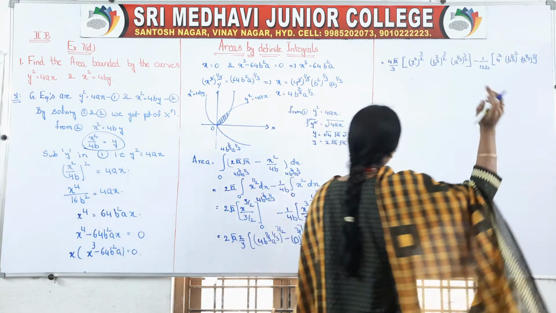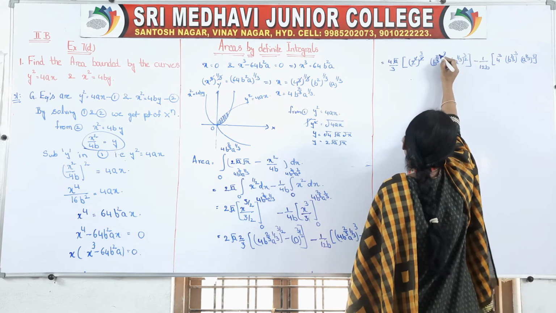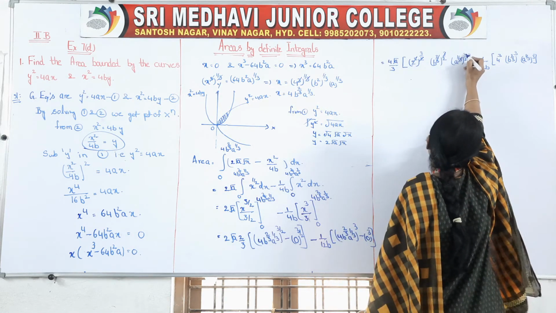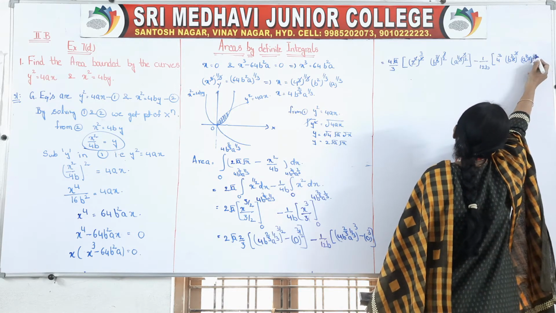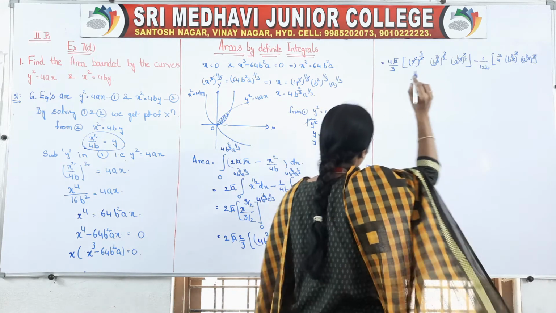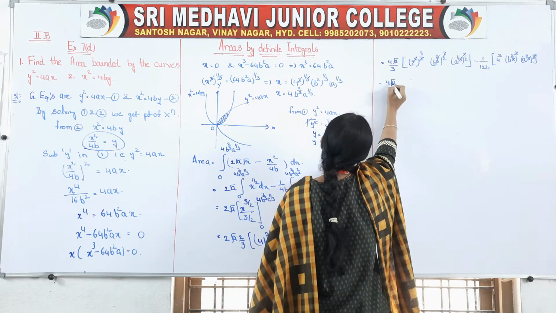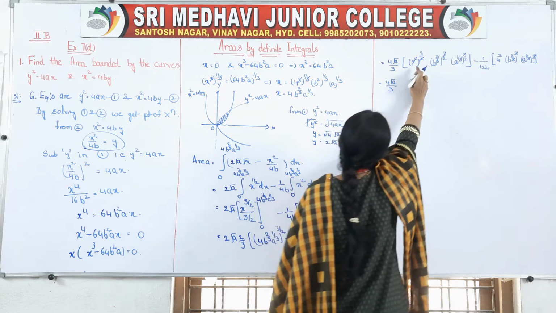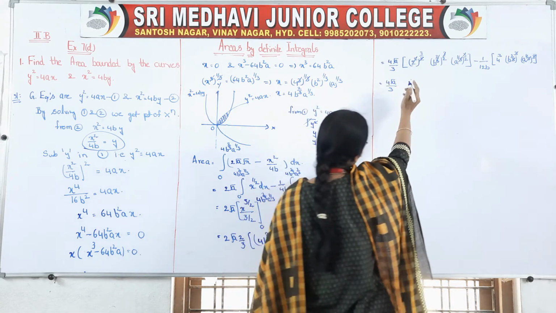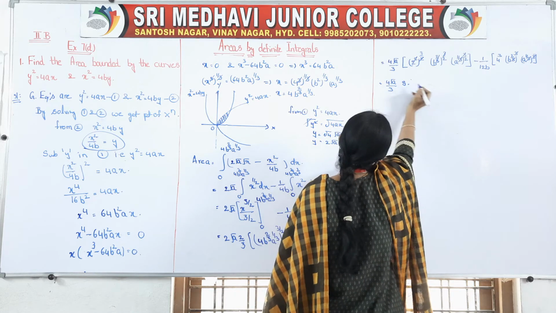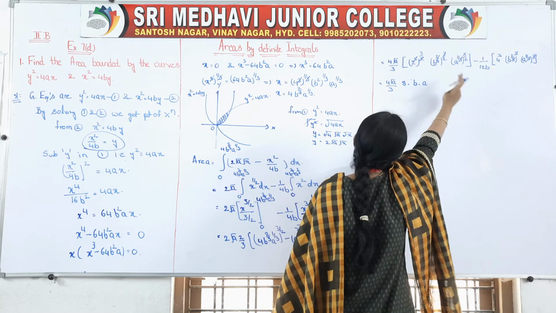So now here this 2 and 2 cancel, this one cancels, 3 and 3 cancel, 3 and 3 cancel. So it is equal to 4 root a by 3. This one, how much? 2 cube: 2 twos are 4, 4 twos are 8, into b, into a to the power of 1 by 2.